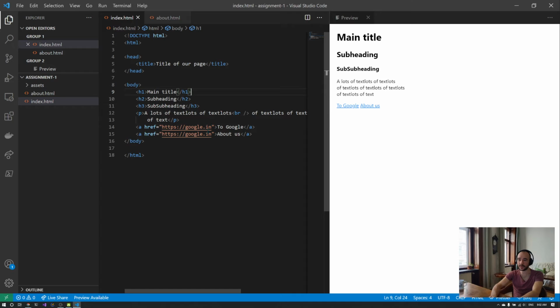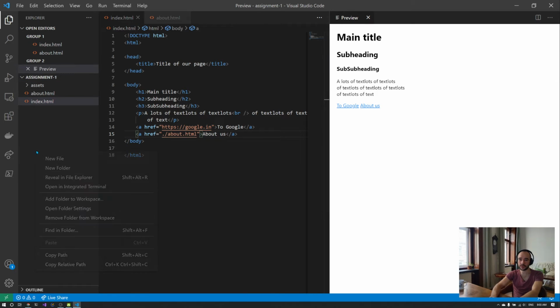And here we can say, don't redirect the user to Google, but use a local file, a file in the same folder. Dot slash for this folder, list all files, about.html. So again, I tried this last time with this preview extension. This doesn't work, so we have to use